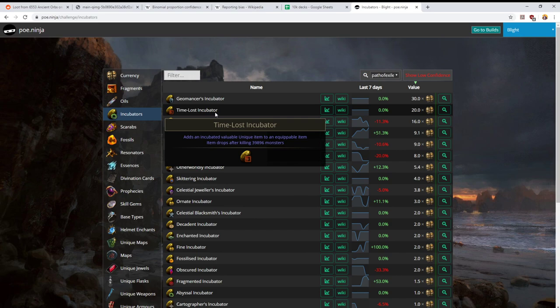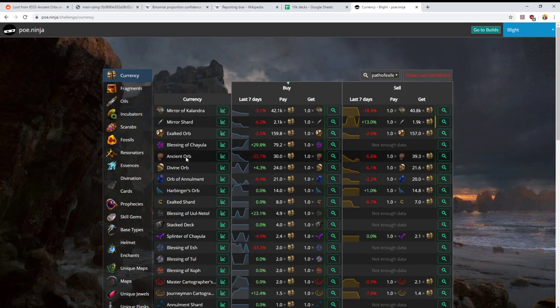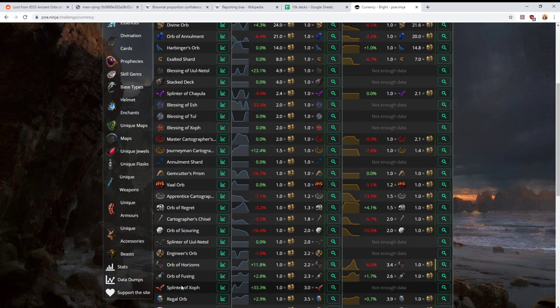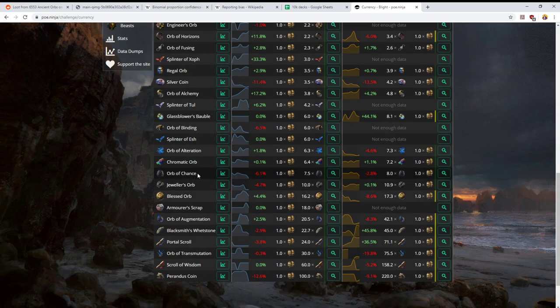Have you ever wondered just how likely a time-lost incubator is to grant you a headhunter? Have you ever wondered just how likely an Ancient Orb is to grant you a headhunter? What about a Chance Orb? You ever wondered how many attempts you might need in order to meaningfully collect some data that can help you